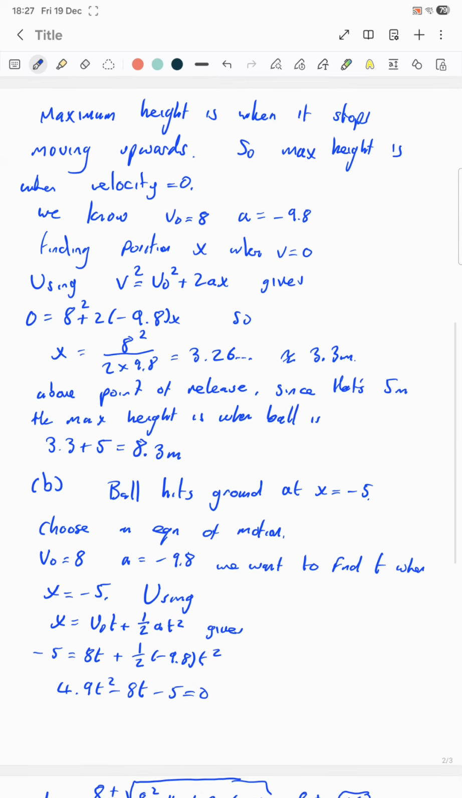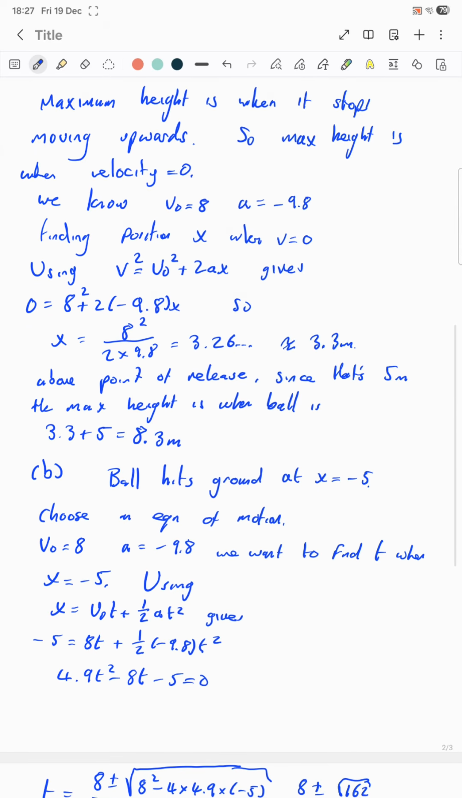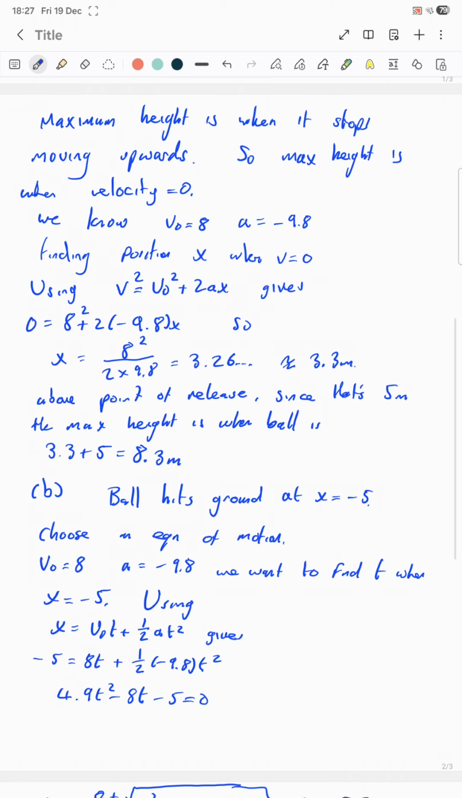Now the maximum height is when the ball stops moving upwards and is right on the point of when it begins to fall. So the maximum height is when the velocity is 0. We know the initial velocity equals 8 and acceleration equals minus 9.8. So we find the position x when velocity equals 0 using one of these general given equations of